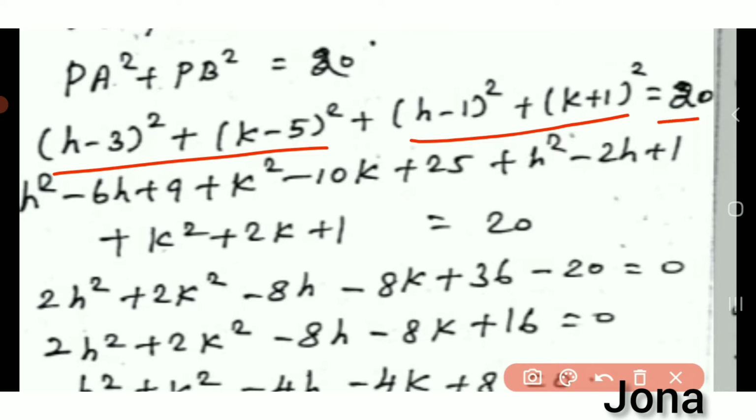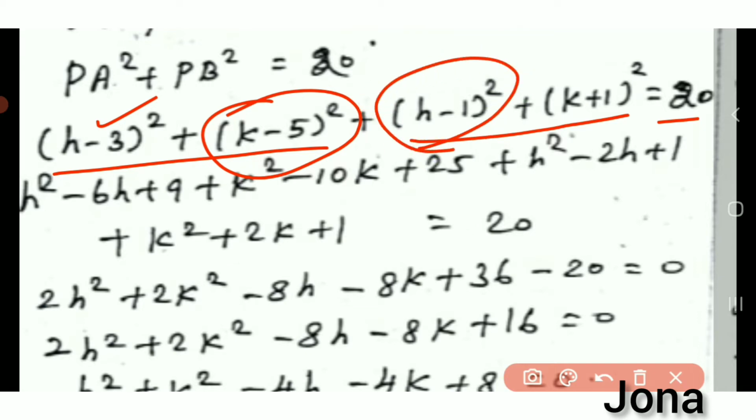Then I want to expand this as (a minus b) the whole square formula. So that is h square minus 6h plus 9, and here also we want to expand this, that is k square minus 10k plus 25, and here (h minus 1) the whole square is h square minus 2h plus 1, and this one (k plus 1) the whole square is nothing but k square plus 2k plus 1